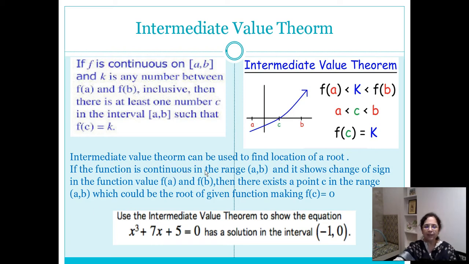If the function is continuous in the range a and b, and f of a and f of b show a change of sign, then there exists a point c in the range ab which could be a root of the given function, making f of c equal to 0. This is a general expression; in the specific case where we know that k takes the value 0, we can call c the point where a root lies for the given